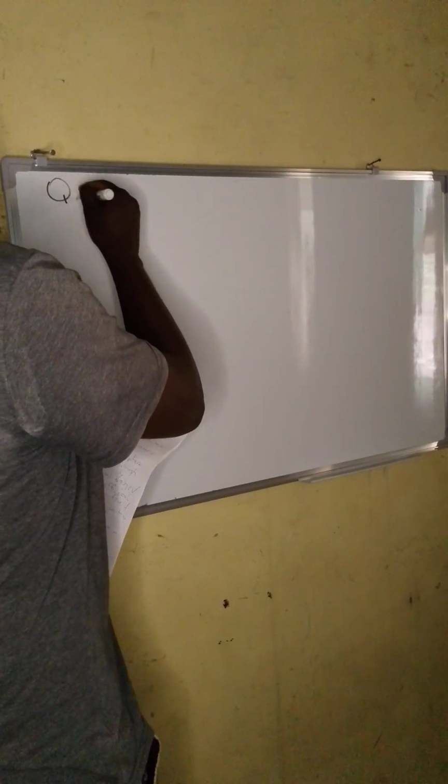Question 1 says, explain why a small sphere falling through a liquid